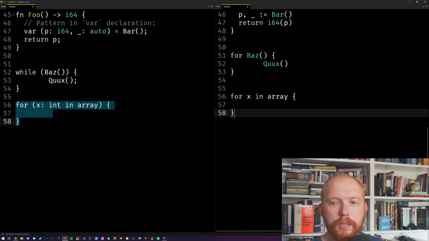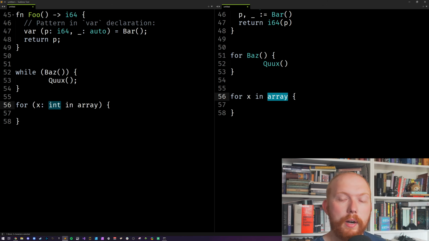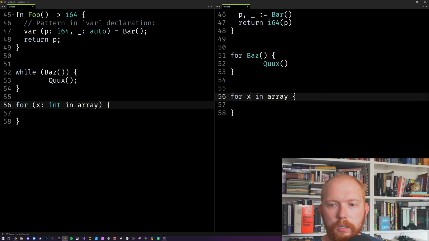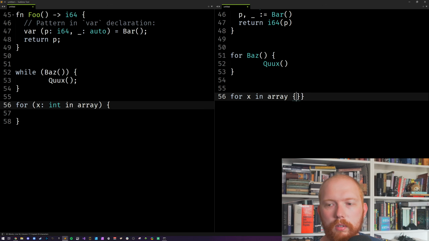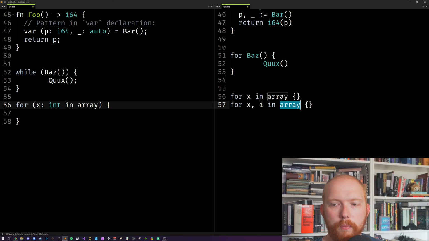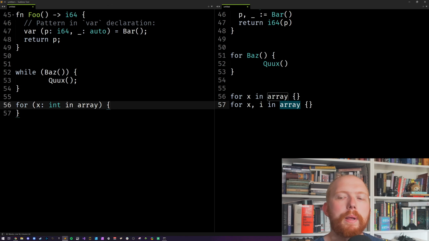It's got rid of the parentheses, and it's got rid of the need for you to have a specific type declaration. It just infers it from the array. And I'm not sure how they are going to do an index, but in Odin you can literally just put I, or whatever the index is, in there if necessary. So you've got both this and this. So you can always do this as well. And this also works for slices, arrays, SOA data types, so these are structure of array types as well. It works for maps, many others, and strings as well. So it's kind of a much better feature set in Odin.